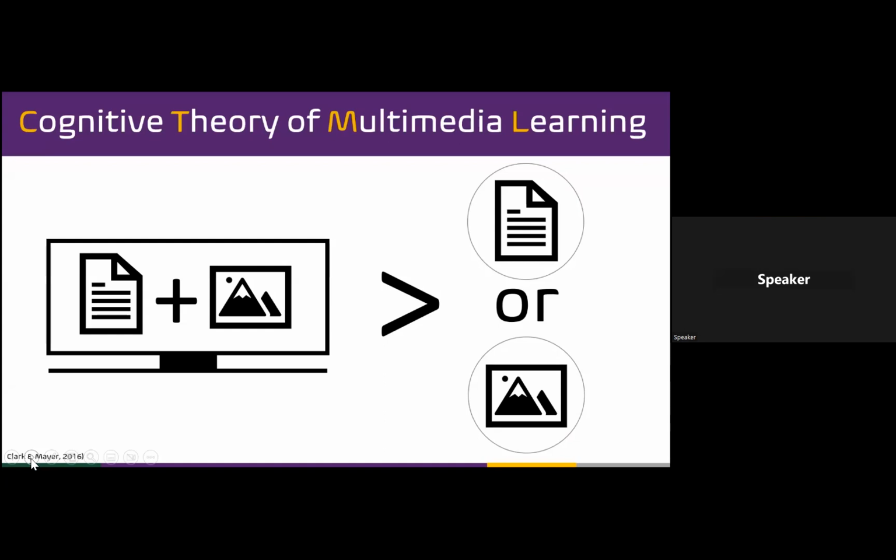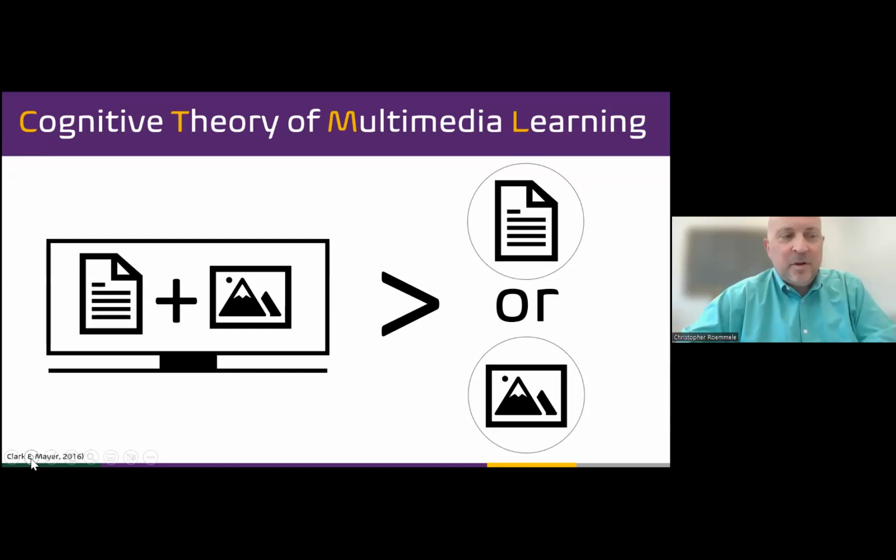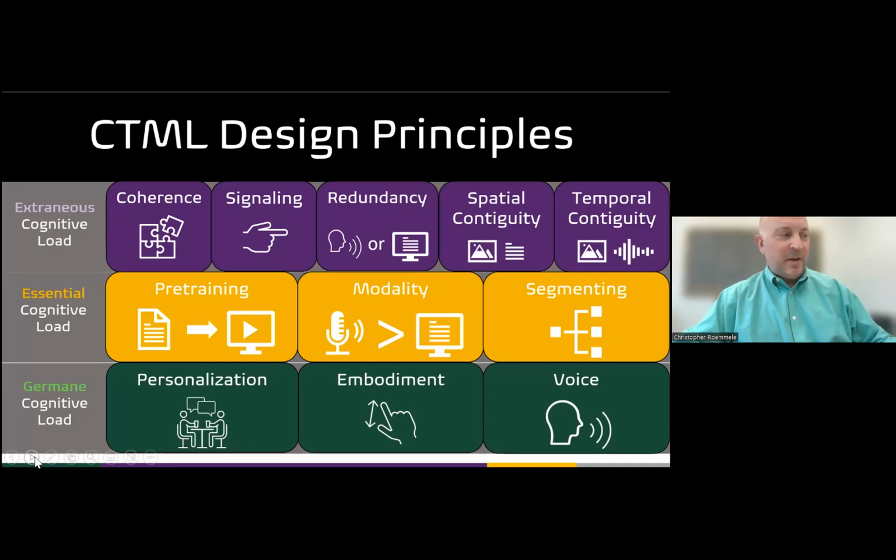And so we applied various principles from the cognitive theory of multimedia learning, which is about the use of visuals and audio combined in instruction, and how that is designed in lessons, but also how it's designed when you are creating an instructional video. That involves a number of different aspects of the cognitive load of students, and a number of